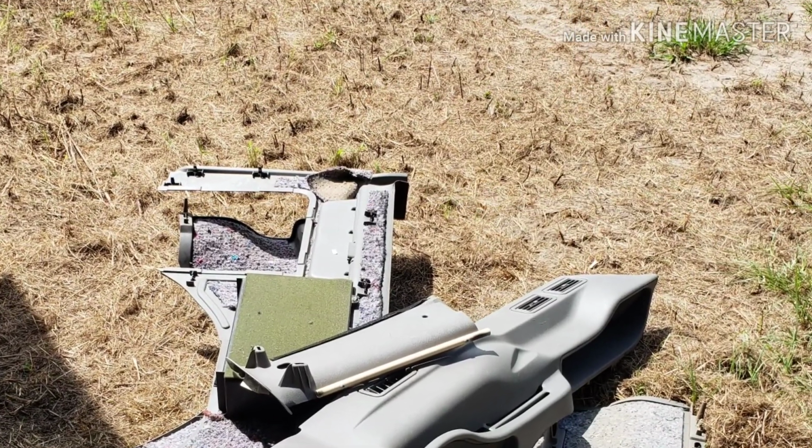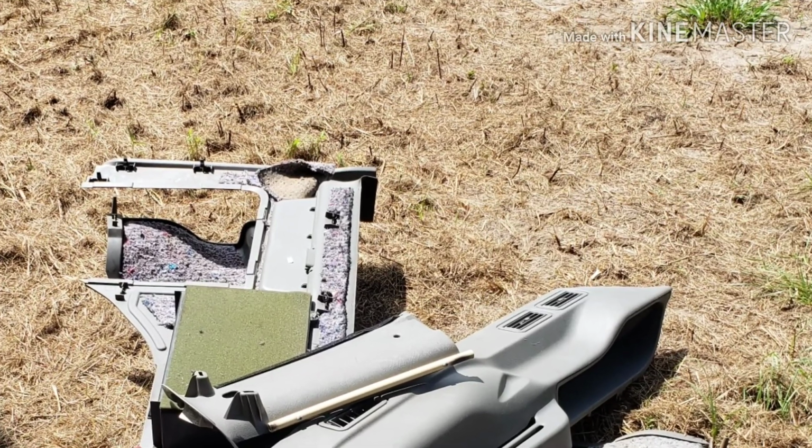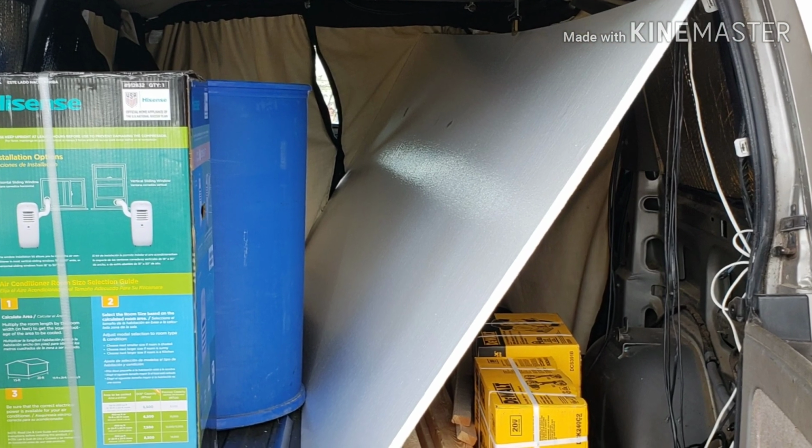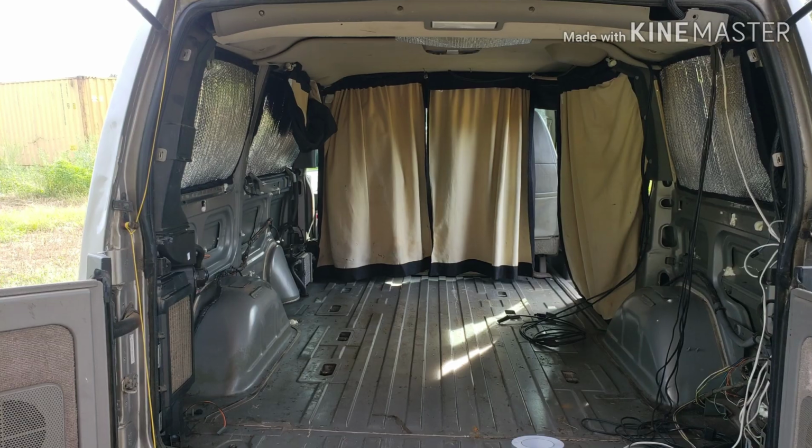Here's all the panels, all the trash. Everything here went to the dump. And then I'm back with my first load of building materials to start the build. Styrofoam, boards,